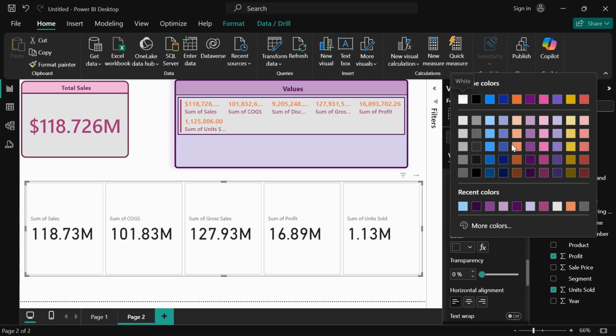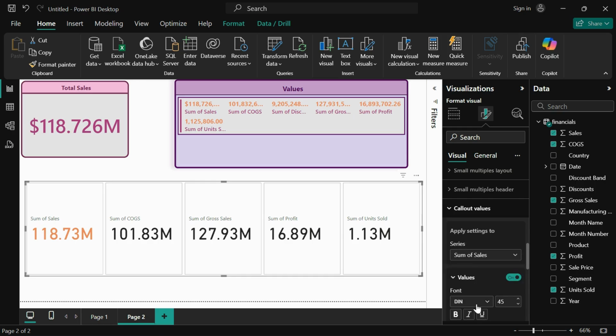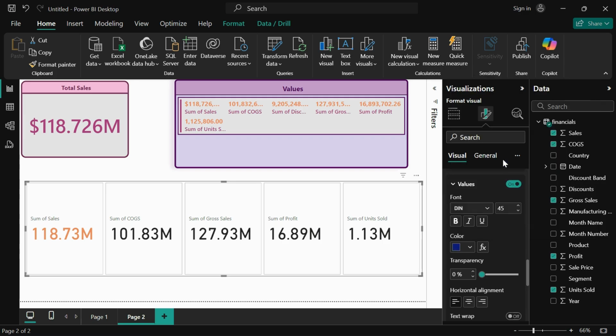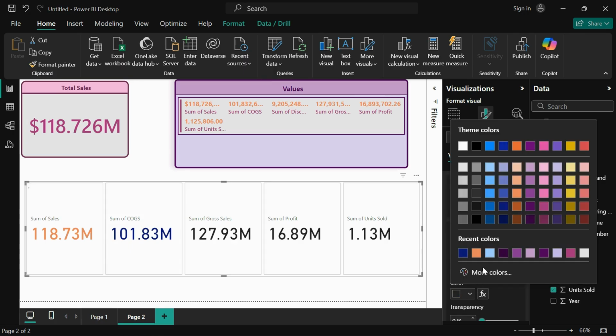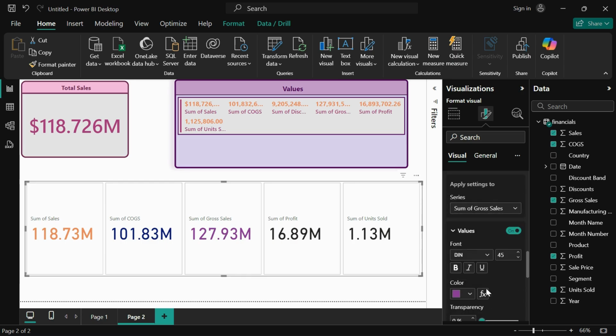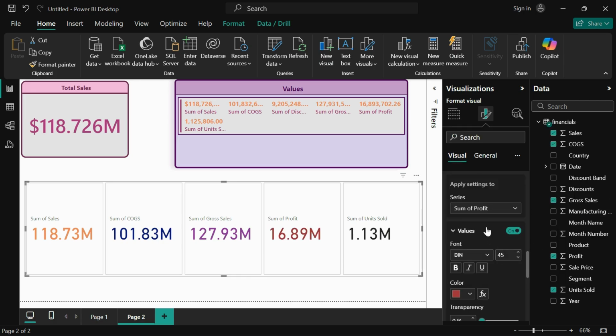Let's say I am giving it this orange color, right? If I select COGS, then I can apply some different color here. Let's say this blue color, right? I will select some different value, Cross Sales. Just choose some different value, different color. Just select again a different value and choose some different color here. This way,